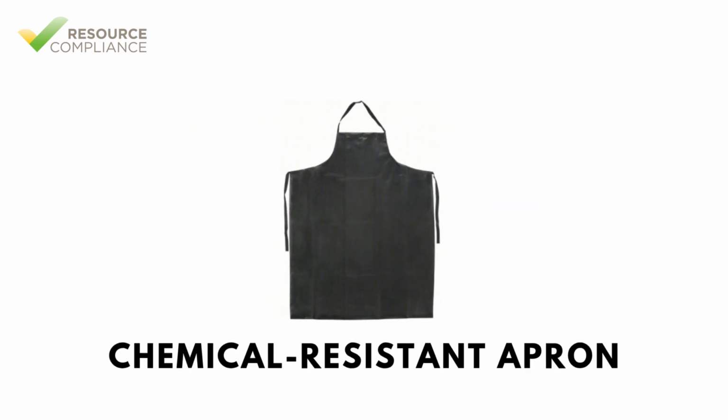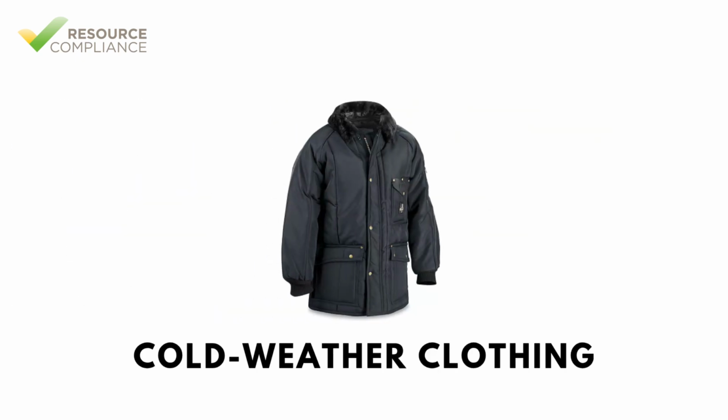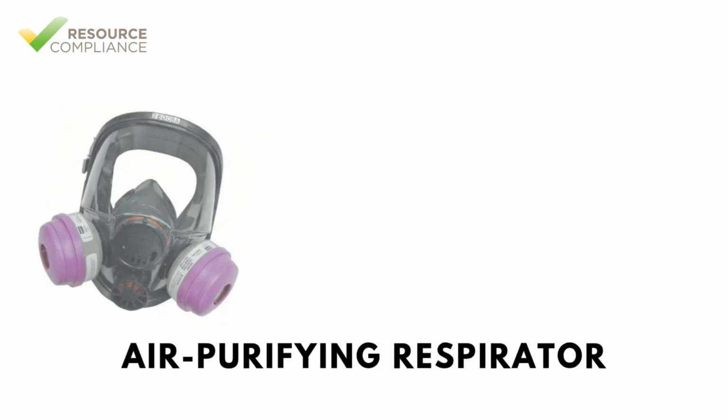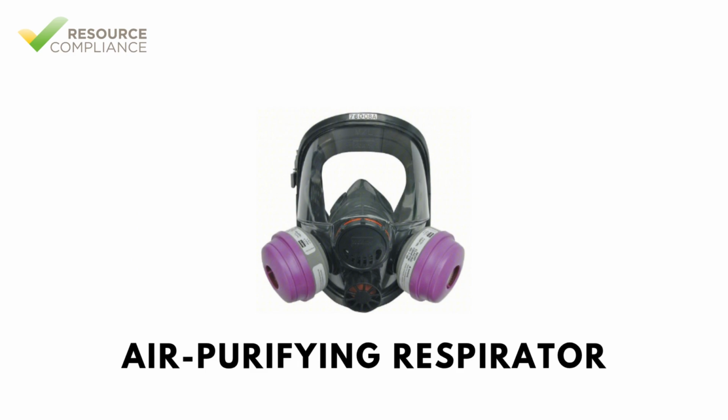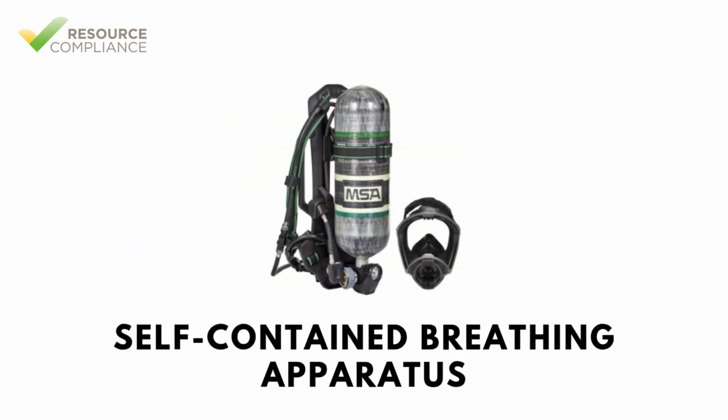A chemical-resistant apron is used for oil draining or when handling other hazardous chemicals. Cold weather clothing, such as insulated jackets, bib overalls, and thermal layers, is for extended work in cold storage areas. Air purifying respirators with appropriate cartridges for ammonia, halocarbons, or other hazardous vapors are used for exposure to known concentrations of hazardous gases. A self-contained breathing apparatus, or SCBA, is required for emergency entry into areas with high toxic concentrations